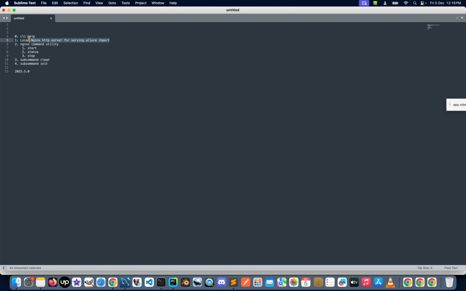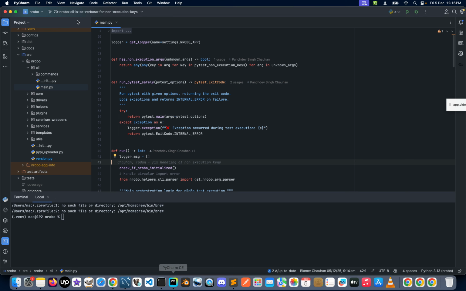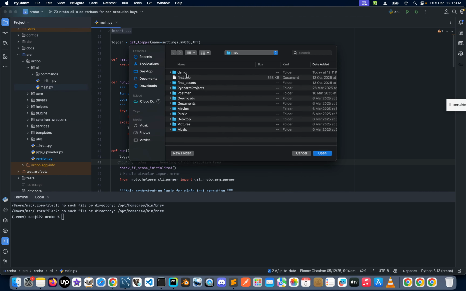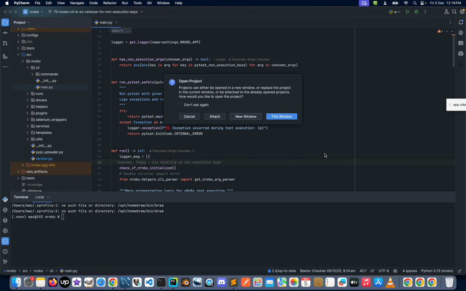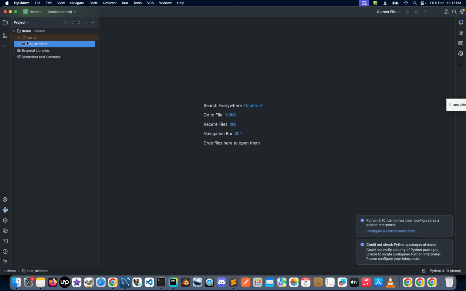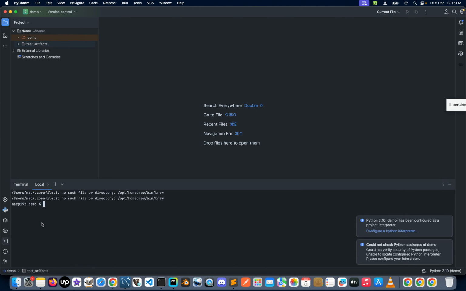The next thing is reporting, right? Local Nginx server for serving Allure report. To illustrate that, let me import the project in the demo directory in my PyCharm in a new window. Okay, so this is the status of the demo directory right now. Let me open the CLI. Here we can see my virtual environment is not activated, so let me activate it. .demo, bin, activate,